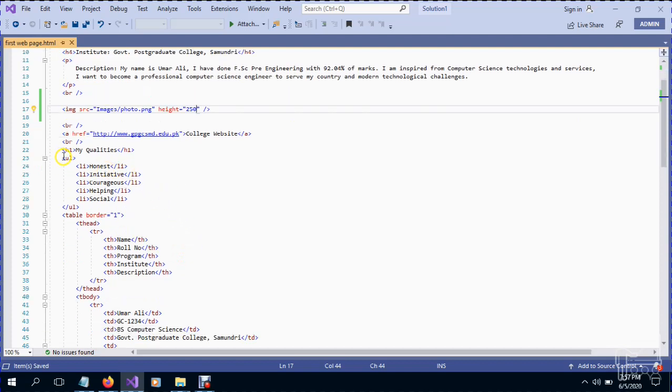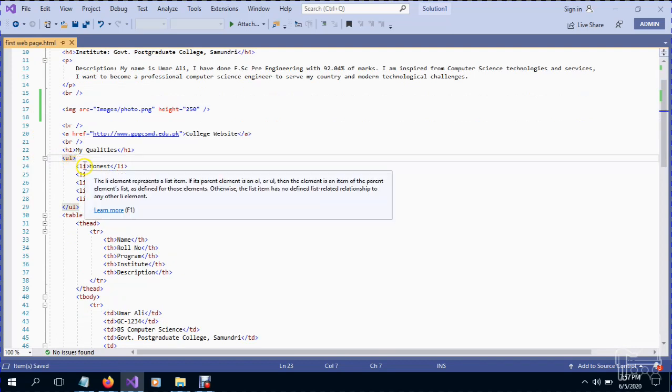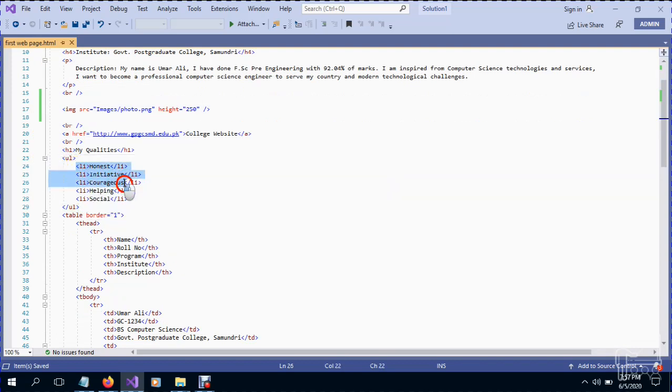Now the next element is UL, which represents an unordered list, and we are giving some data in this list as list items.